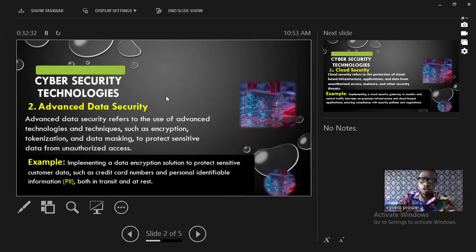For example, the records you have in your laptop right now, can you say that those records are in transit? No. They are in one place. So this advanced technology ensures the safety, the protection of information both in transit and at rest. I don't know if that is clear. Okay.